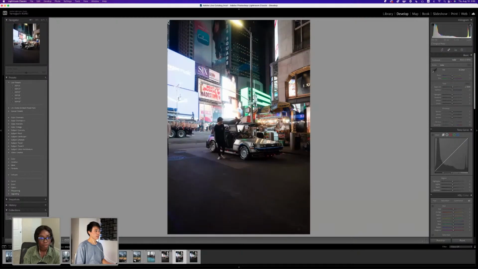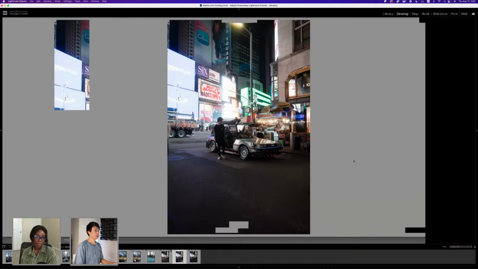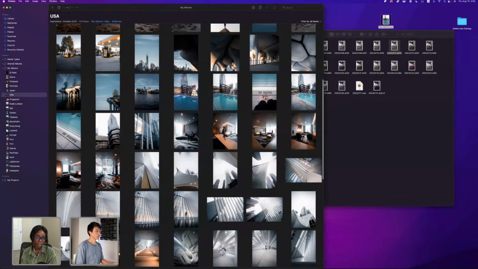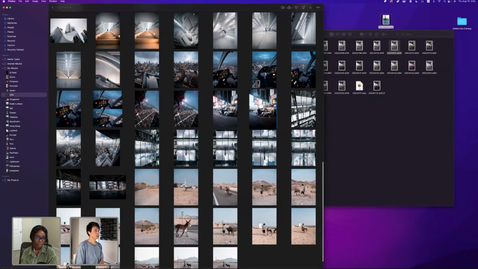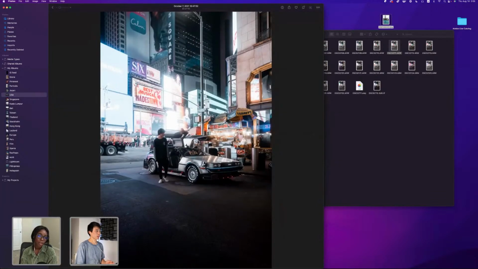So I think that's a really neat technique, that's really nice. Keep in mind, if in doubt... I think I have the final photo somewhere. So that is the one that's edited, but